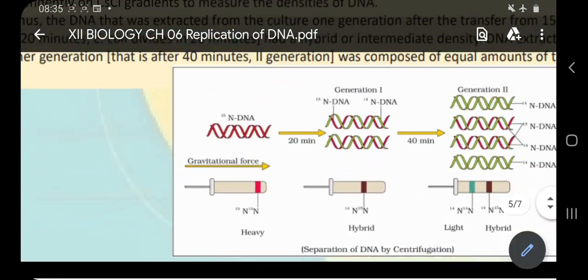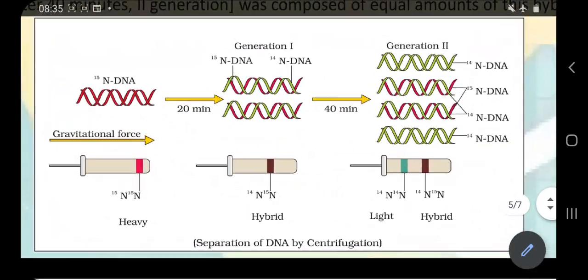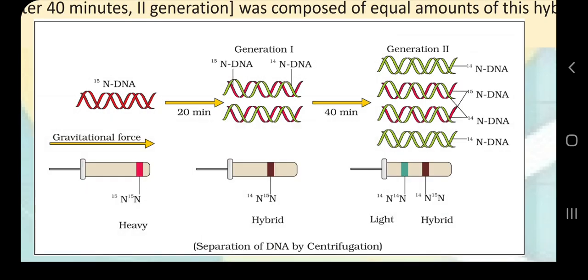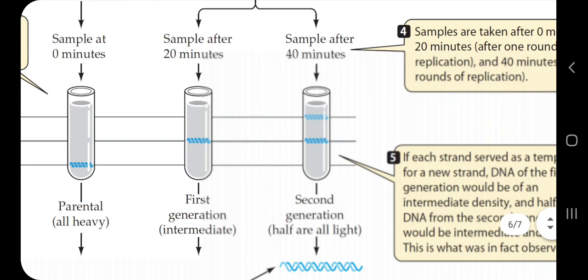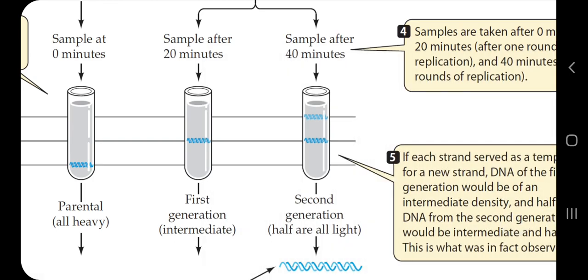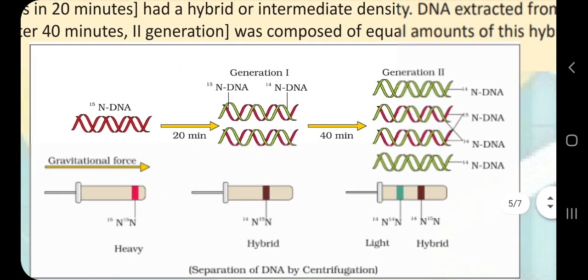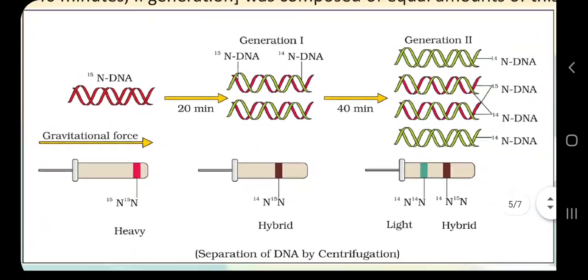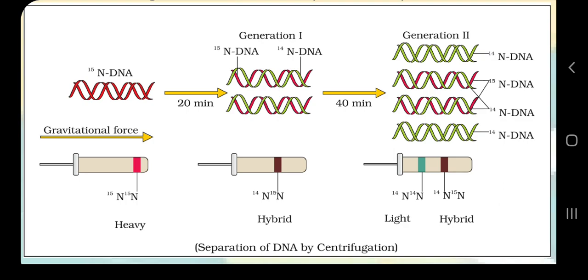Let me show you simply the NCERT diagram so you can correlate with your textbook. So why have I shown you the previous diagram? For the experimental context plus the gravitational force, because the test tubes were shown upright here, so you can correlate the thing of heavy and light nitrogen. Now you have understood, so let's again revisit the idea of the NCERT diagram. See, in the previous diagram I showed blue color as old one and red color as new one, but in your NCERT please remember that the red color DNA is the old one and the green color DNA is the new one.